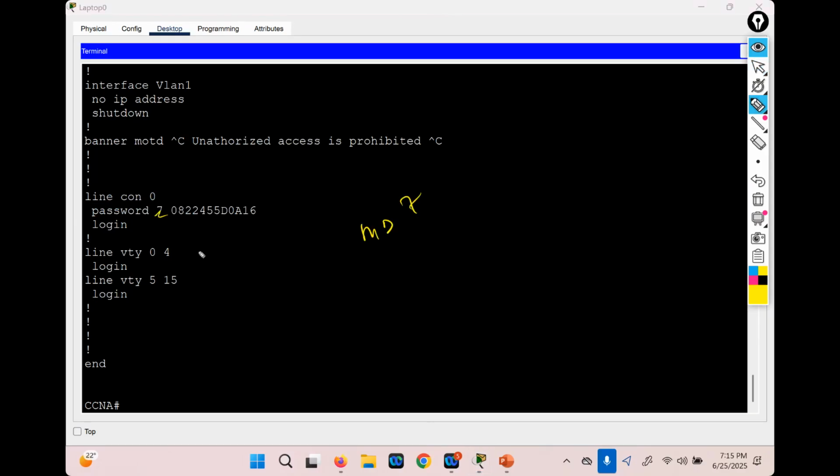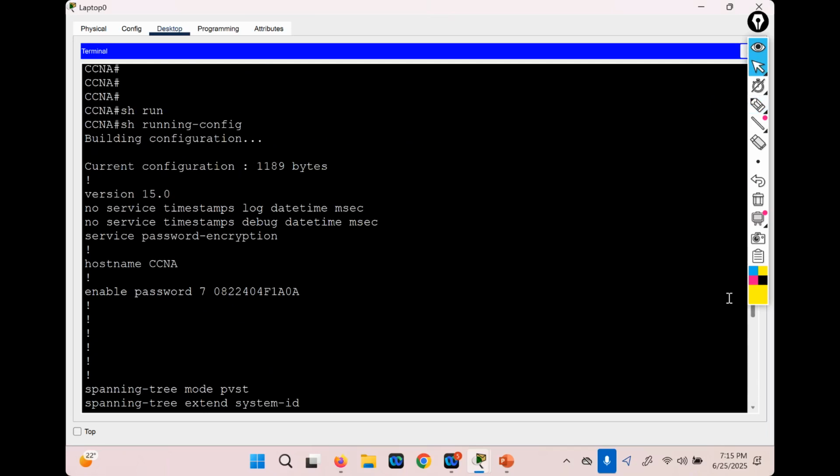And this is MD7. If I go up again, you're going to see that this is also MD7 for the privilege mode. You can see here, this is also MD7. So we have another option for privilege mode. We can push this into MD5. It's another level of encryption that is better than this. So we can move higher for privilege mode. So how do we do that? So instead of saying